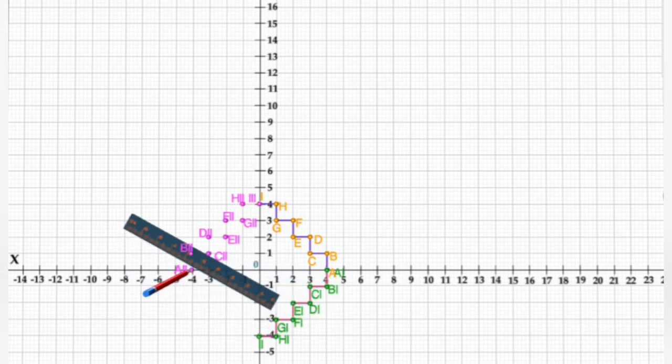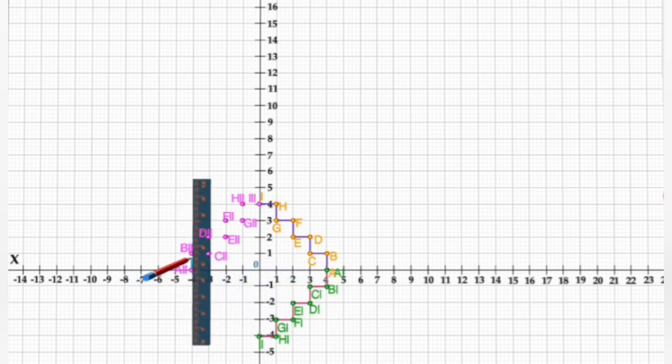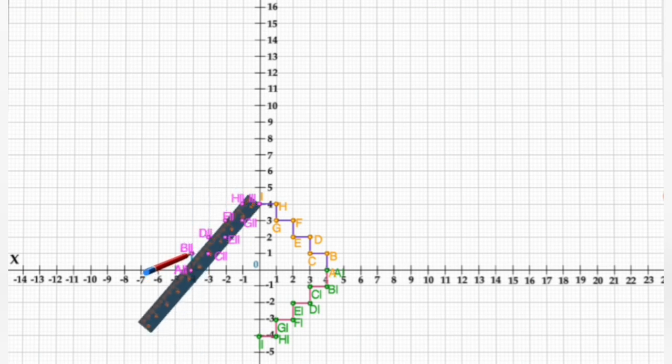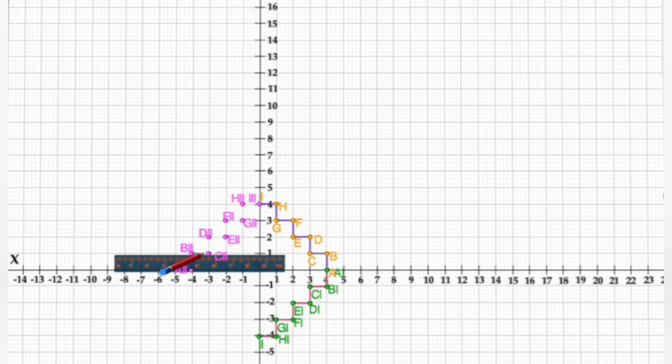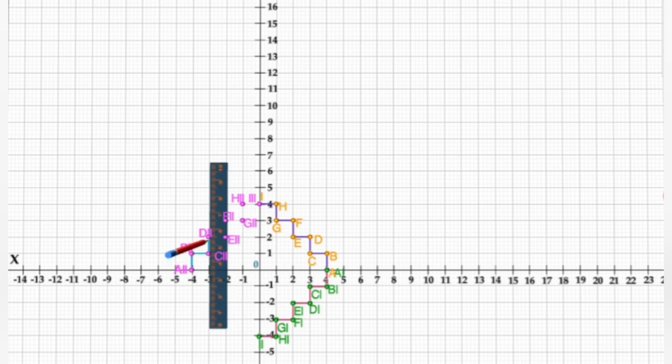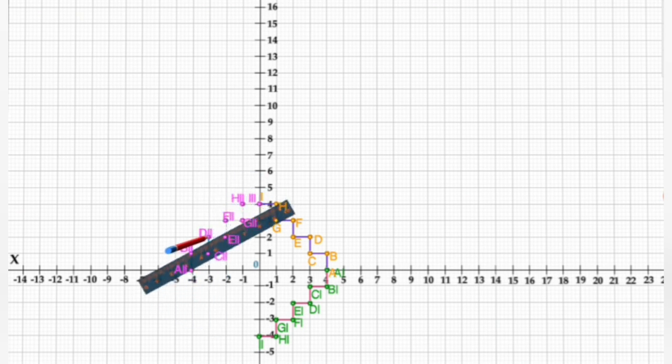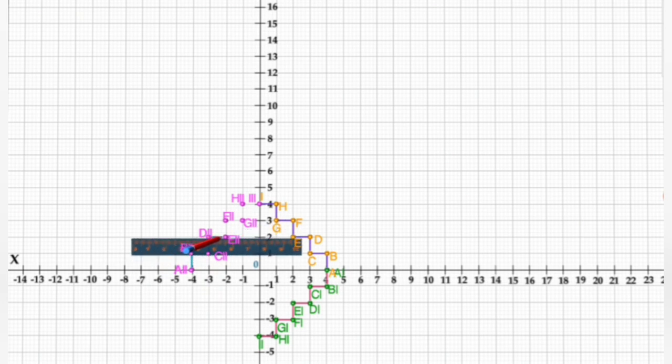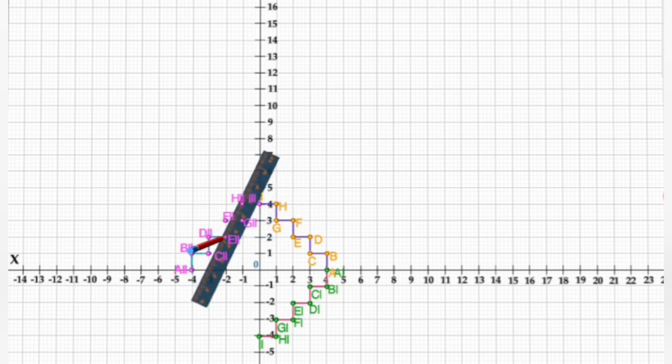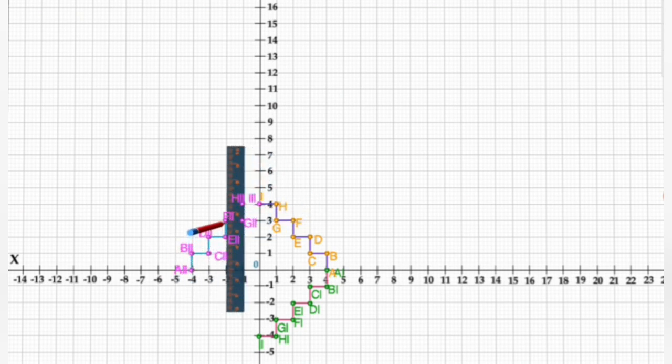Similarly, we will find the mirror images of all these points with respect to the y-axis, and we will be joining these points in order so as to obtain the image of the figure that is drawn in the first quadrant. Now here we observe that the mirror image is in the second quadrant, and when the y-axis acts as the mirror, the y coordinates remain the same.